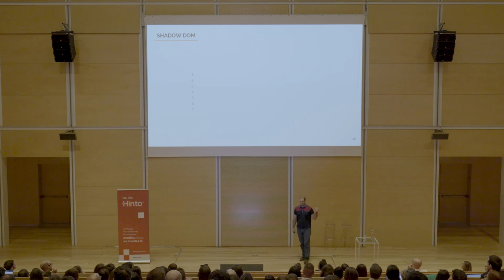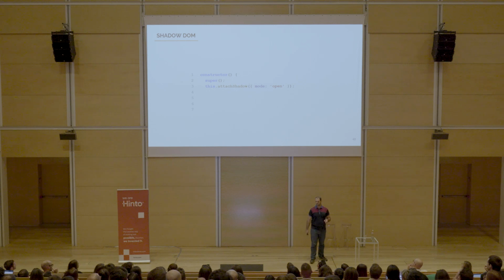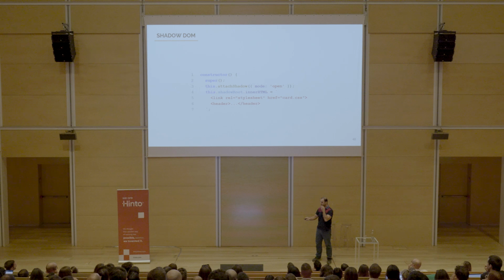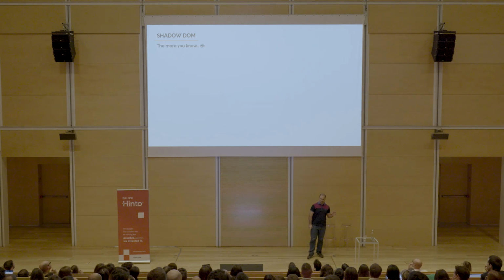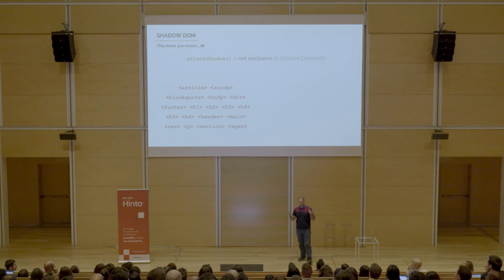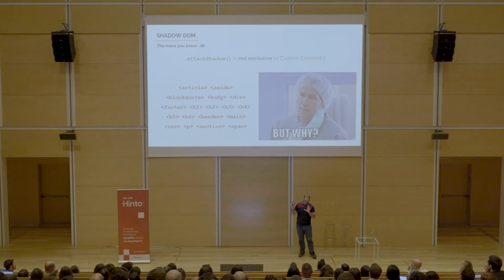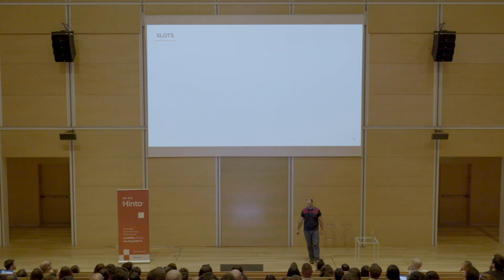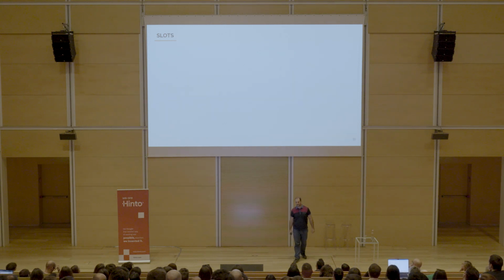So how do we do that? We call this method, which is attachShadow. The option mode just tells if the inner structure can be accessed from outside. And then we define the reality with the usual DOM methods, for example, even innerHTML, the old one. And actually, we can attach a shadow DOM not only to custom elements, but also to some native elements. And you may ask why. At this time, it's not clear. We will see later. But for now, let's keep on moving.